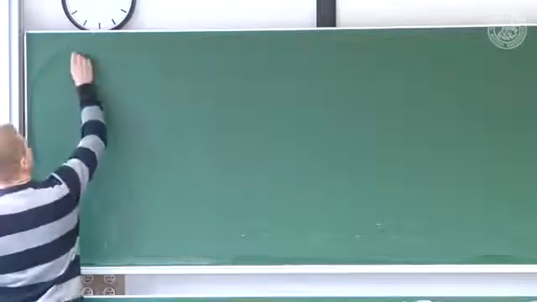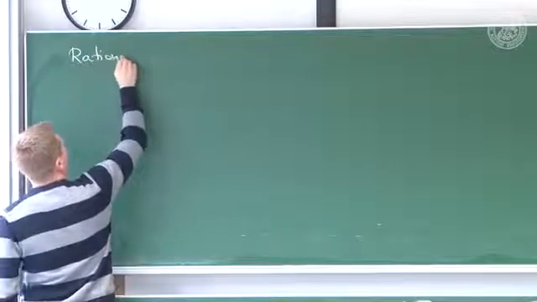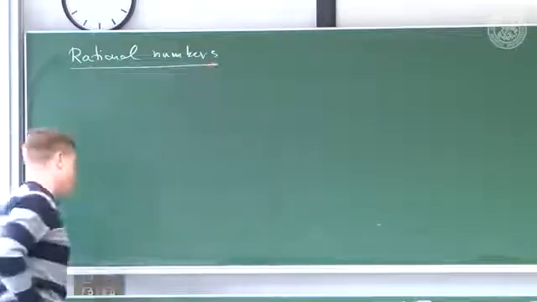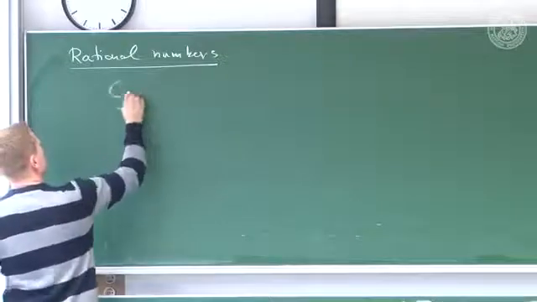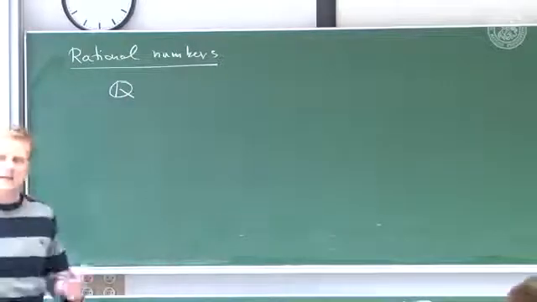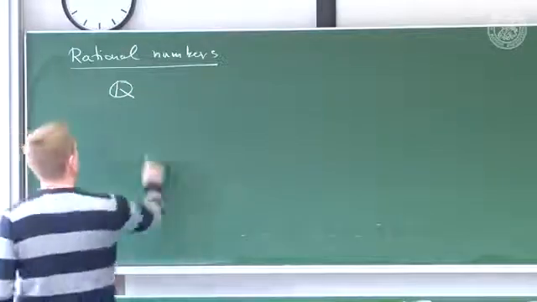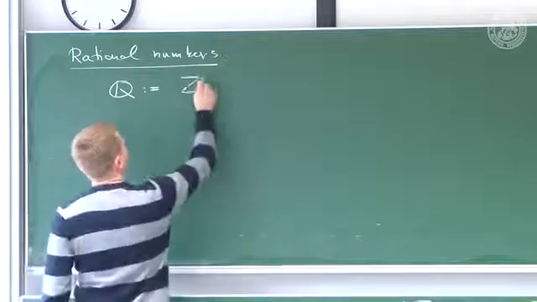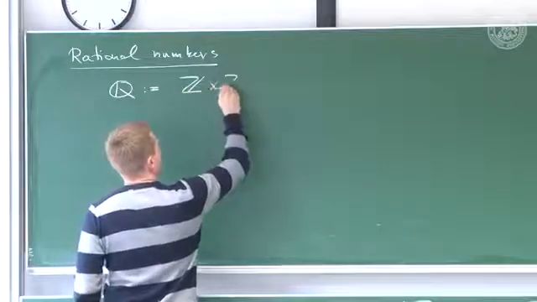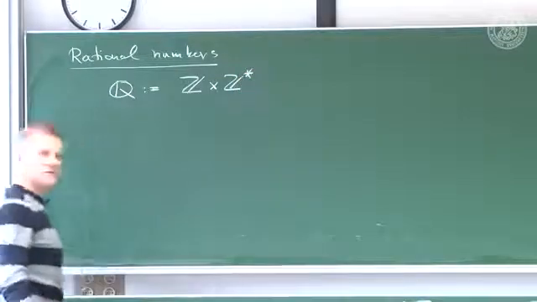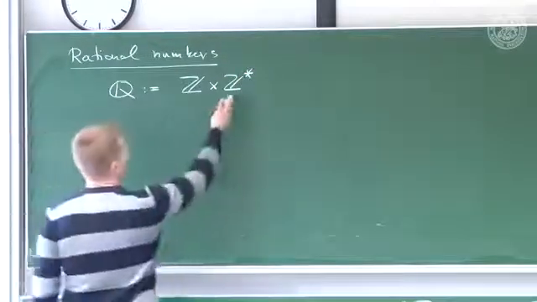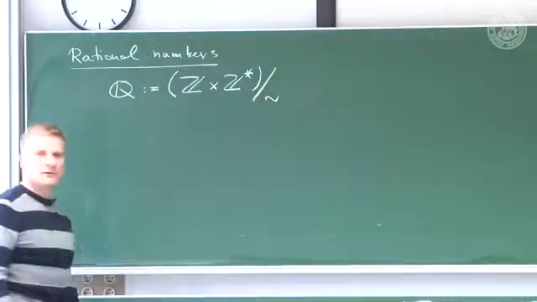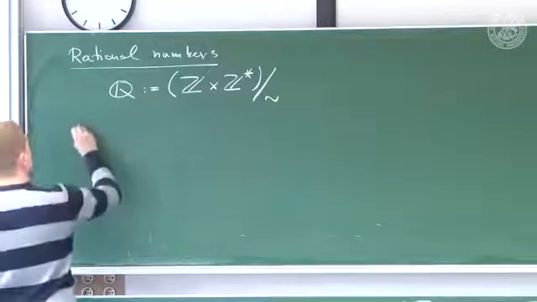Okay, integers. So, rational numbers. That works similarly. So first of all, we have to define them as a set. And once we have the set, we can define the operation. And the rational numbers are given by the Cartesian product of Z with Z star. So of the second member in the pair, I take off the 0. Again, modulo some suitable equivalence relation. But now,